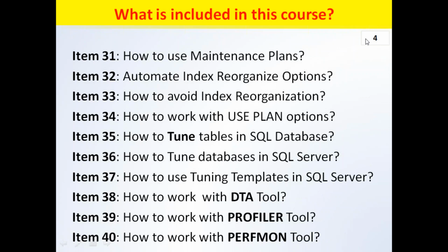And fourth level of this course includes 10 more items: maintenance plans, reorganizing and rebuilding of indexes, and avoiding the possible rebuilds and reorganizing, how to use plan for inline query tuning operations, how to tune tables, database, and how to make use of tuning templates from SQL profiler tool. Yes, there are some predefined tuning templates in SQL Server that can be accessible through profiler tool. So we shall be understanding how to make use of those tuning templates, how to work with DTA, database tuning advisor tool,